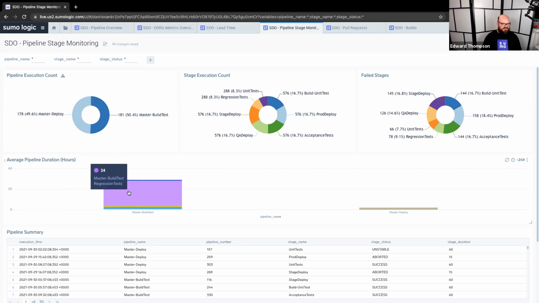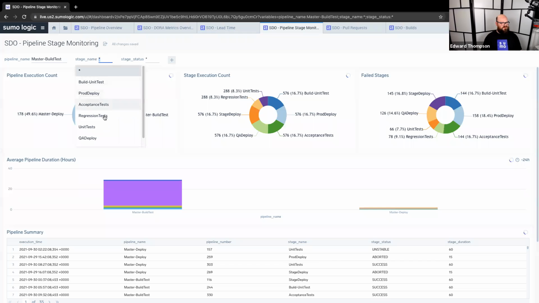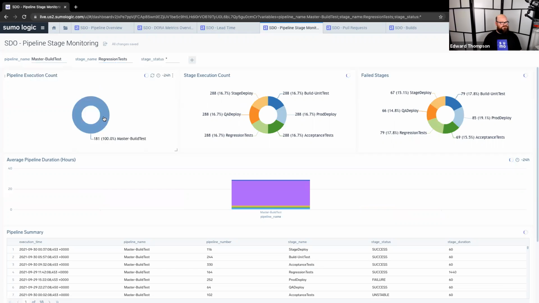So I can see here master build test, and the lion's share of this is being taken by my regression tests. So I can actually filter this down specifically. So I can say my pipeline, master build test, and if I wanted to filter it for regression tests,